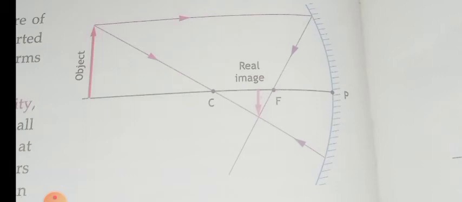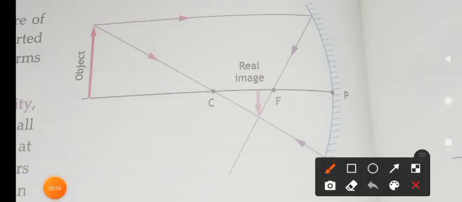the image formed will be a real one, inverted and also smaller than the object. Okay, so it forms between focus and C, center of curvature. See, look at, this is the object and this is the image. So if it is beyond C, a real image will be formed, and also it is inverted. Look at the arrowhead here, it points upward, here it points downward, so it is inverted. And also compare the size, they are smaller than the original one.